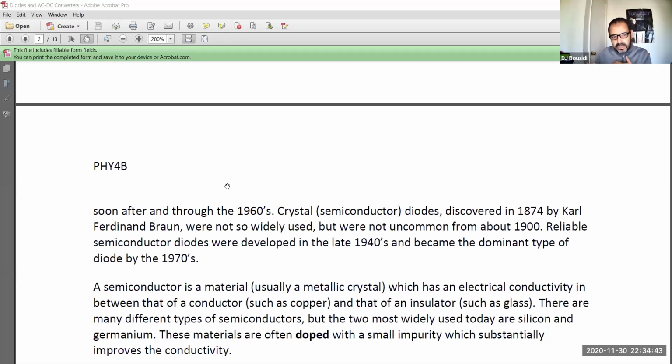And sometimes you will need resistors. For example, to adjust the volume, you need the potentiometer, which is a resistor with variable resistance. So you're going to adjust it to increase or decrease the volume. So there is stuff from physics 4B all over the place, but modern electronics relies a lot on